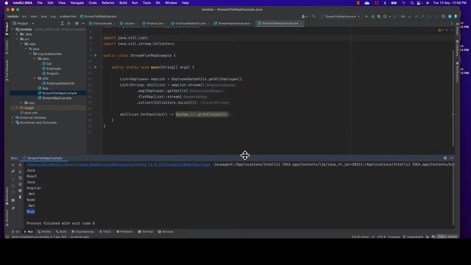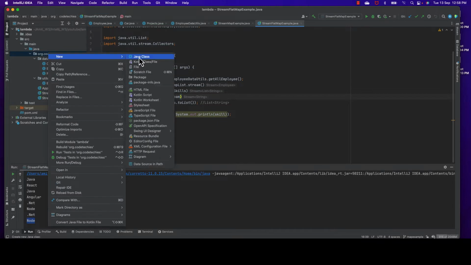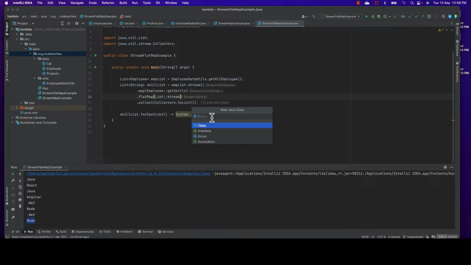So this can be achieved by a function called distinct. And let's do this one. Actually, this is a small change I need to make here after flat map, but I shall not do it here. Let's keep this example intact and let me create a new class,